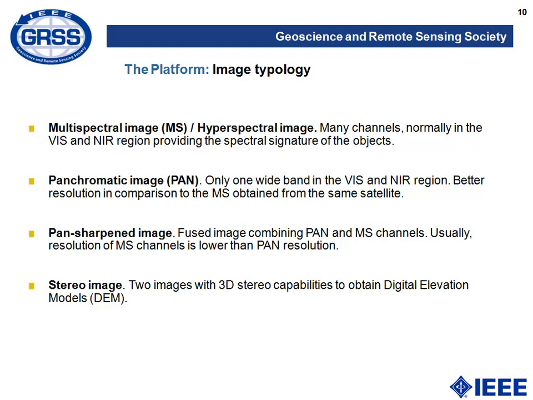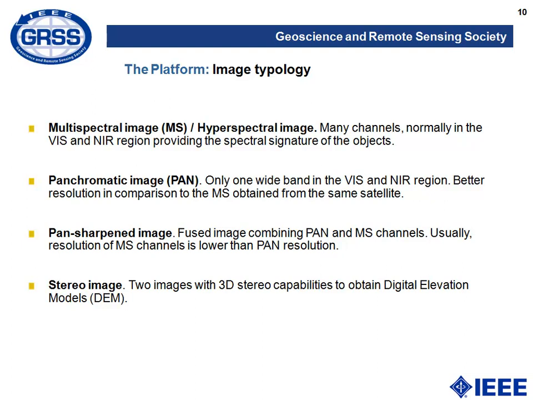Multispectral or hyperspectral images are images with many channels, normally in the visible and near infrared regions, providing very interesting spectral information about objects. Panchromatic images have only one wide band in the visible and near infrared region, so they are black and white images, but